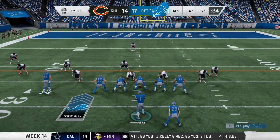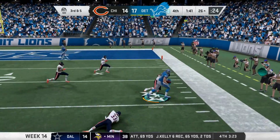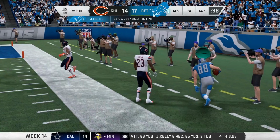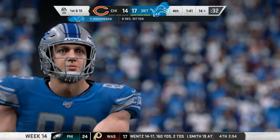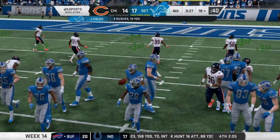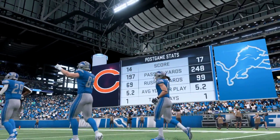So we do move the ball to about the 26-yard line. 3rd and 5. If we get this first down, the 10-game win streak is complete. Play action fake. Throw to the right side, and it is caught. TJ Hockenson. They use all 3 timeouts, and that one will seal this game, and the 10-game winning streak has come to life. What a season it's been. We started out 1-2, and honestly, I thought this was going to be a disaster of a season after all of those injuries we had earlier, but this team